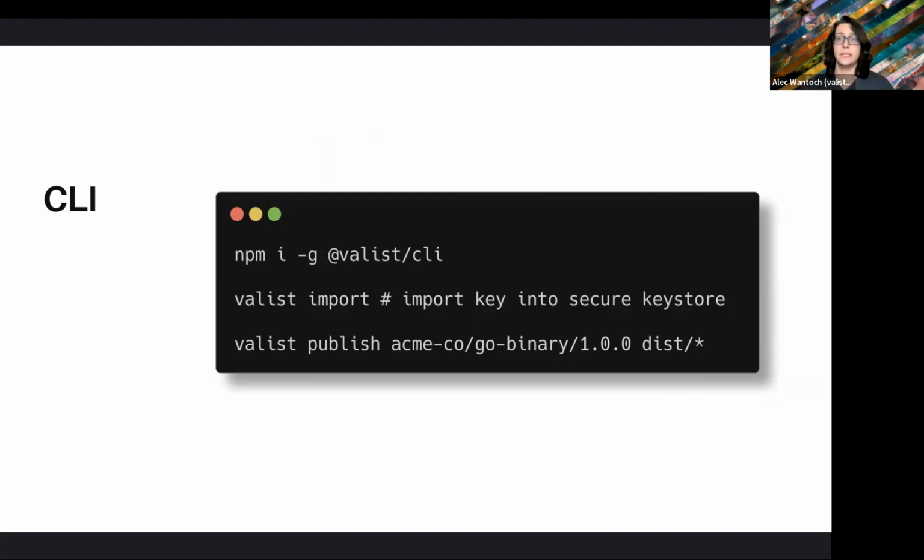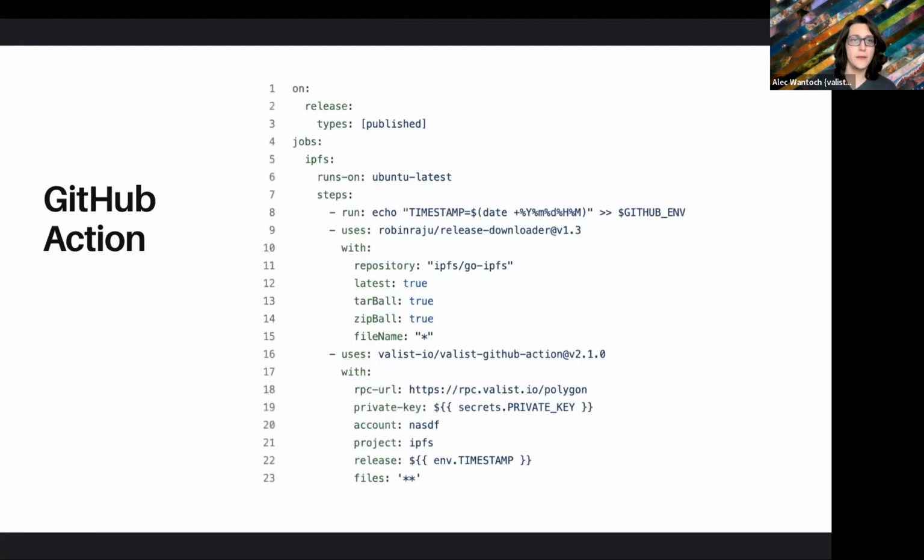And then you could also configure a YAML file to get more complex deployments and specify multi-platform builds. If you're, for example, publishing onto Windows and Linux and Mac OS, in the CLI you can actually specify which binaries and which builds go to which platform. And then the Valist interface and the web app will understand which platform you're on and be able to run it accordingly. The GitHub action, like I mentioned, is a very simple way as well to get your existing pipeline